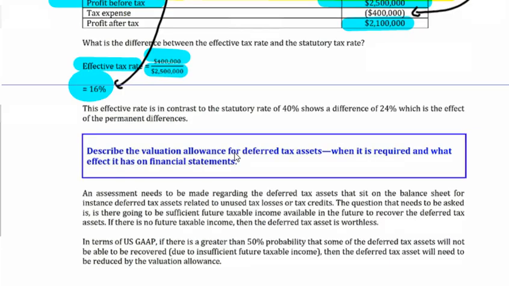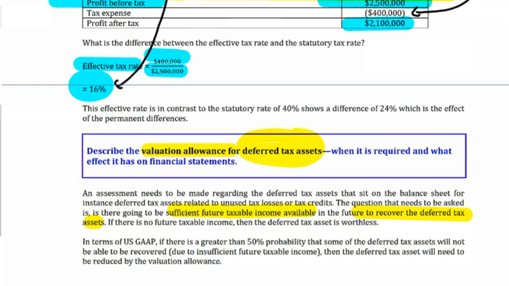Okay, another concept we move on over here, guys, which is called the valuation allowance. The valuation allowance is an allowance that we have to look at when I create what's called a deferred tax asset. Remember, if it's deferred tax, it's going to reverse itself out over time. But now when we talk about a deferred tax asset, I've got to make sure that in the future there's going to be what we call sufficient future taxable income that I can recover this deferred tax asset. Because yes, I've recorded it as an asset in my books at the moment, but it'll only be recognized as